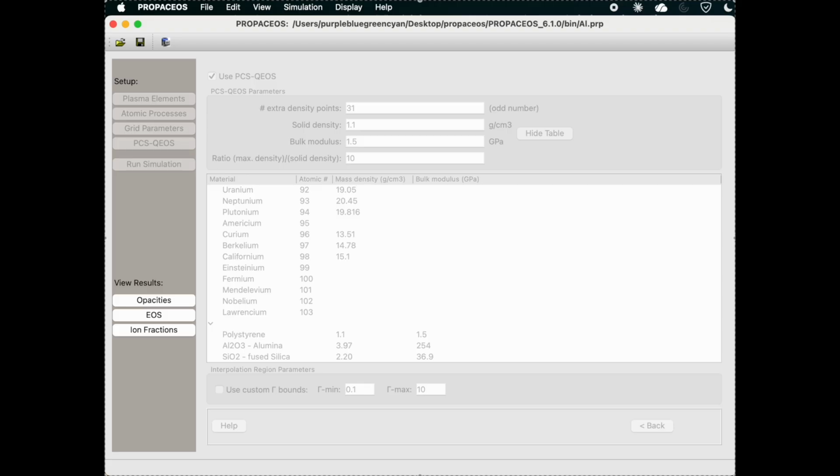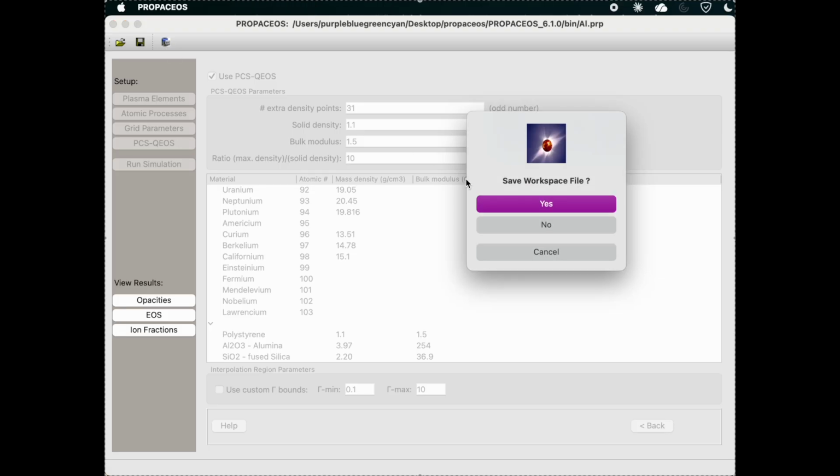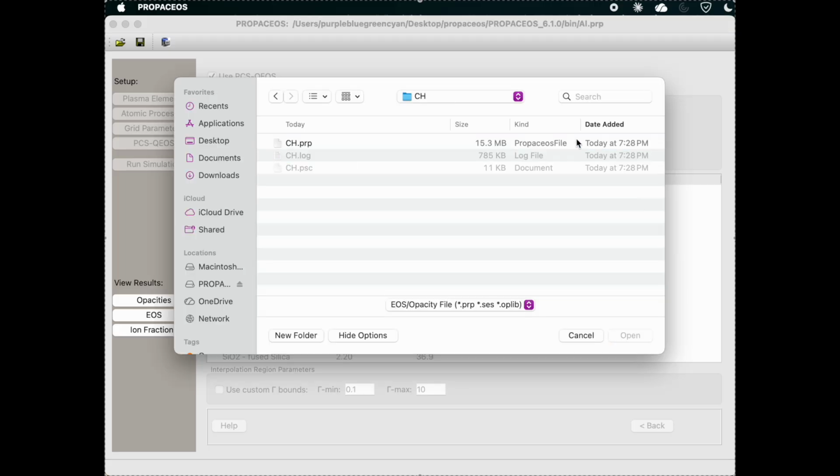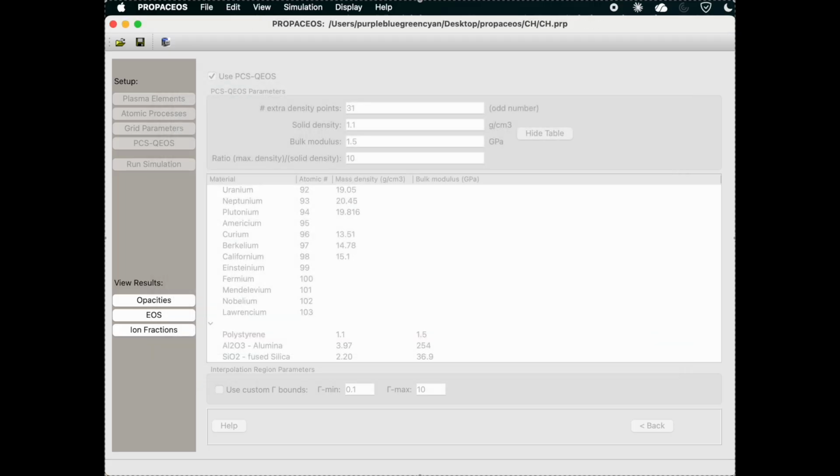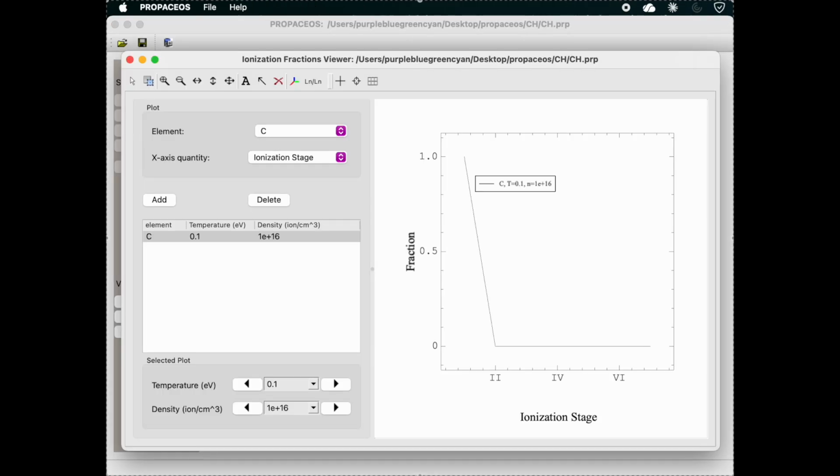There is one more results window we can look at, the ion fractions window. Let's reopen our CH run result for this. We can browse to the run results folder from our previous run. For a given element in our table, we can look at the ionization as a function of ionization stage, temperature, or density. With ion stage on the x-axis, if we scroll through temperature values, we can see the distribution shift